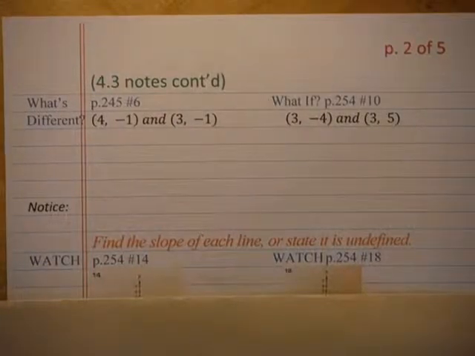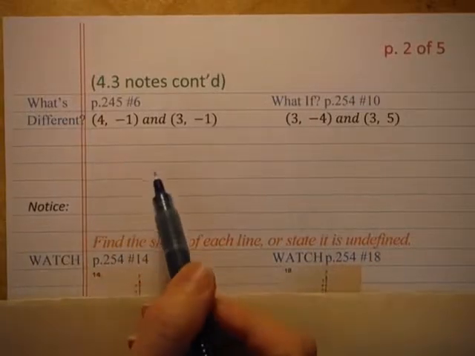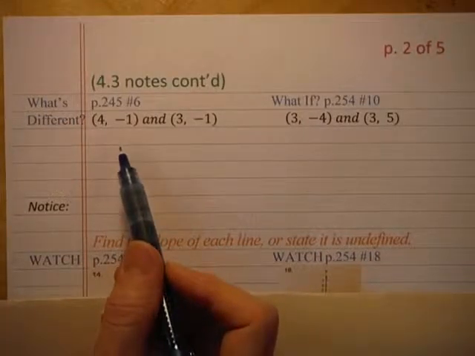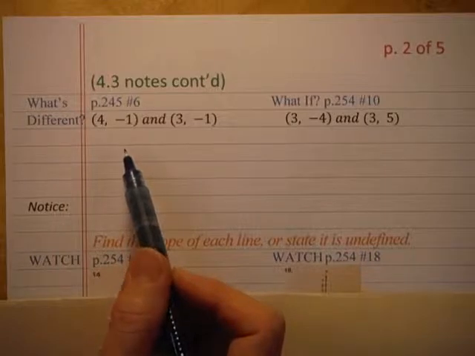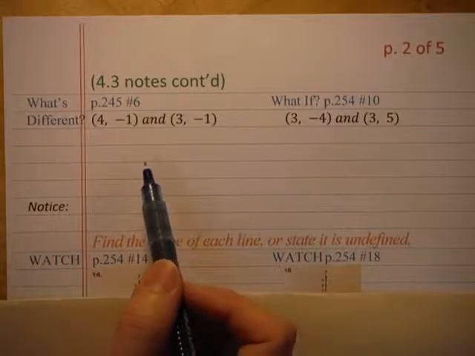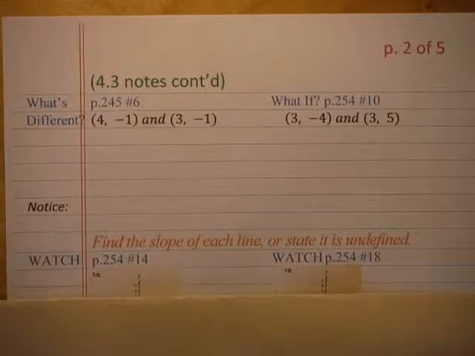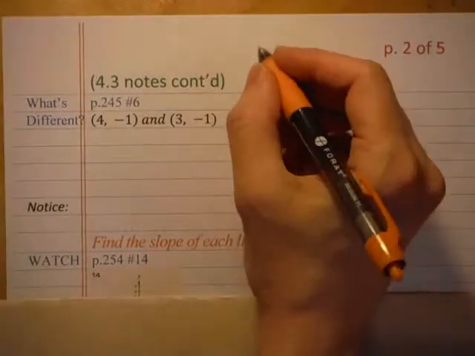On page 2 of 4.3, we're talking about slope in this section. And on the previous page, on page 1, we were given 2 points and our goal was to find the slope. So we're continuing with a couple of those problems. If you remember, or if you want to look back at the page right now, the instructions said to find the slope